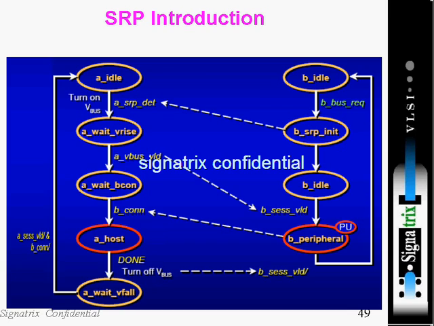So far we have seen the two methods to initiate this SRP, right? Now we are going to see the pictorial representation of this SRP mechanism. First, this is the A device side, this is the B device side. The A device is in idle state. The B device is also in idle state. Now it wants to start the session. For that it needs power. So what it will do, it will go to the SRP init state. There it will do that SRP